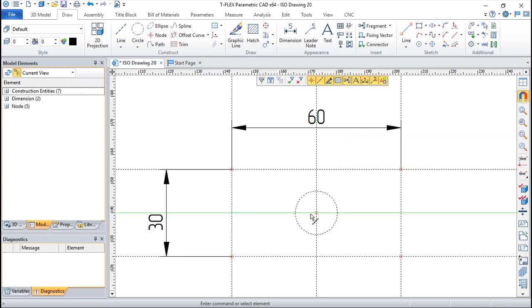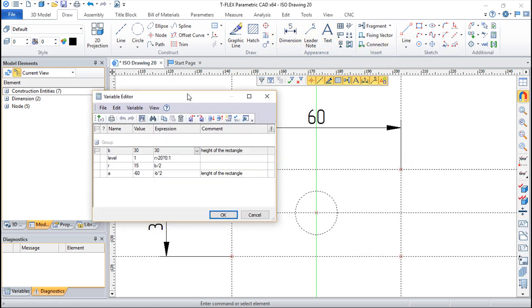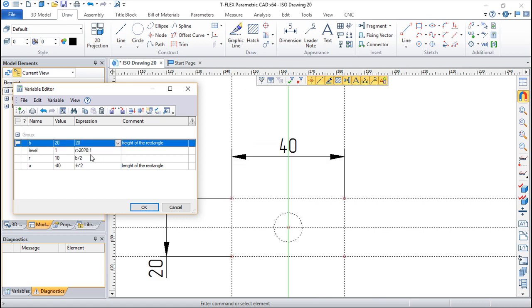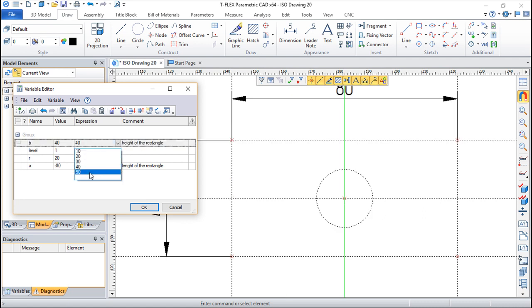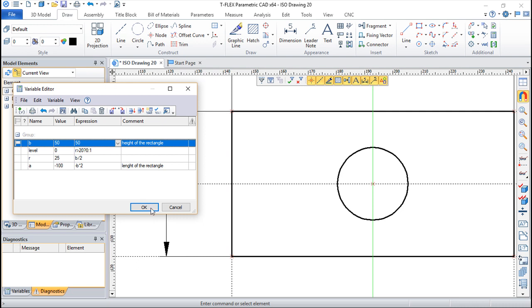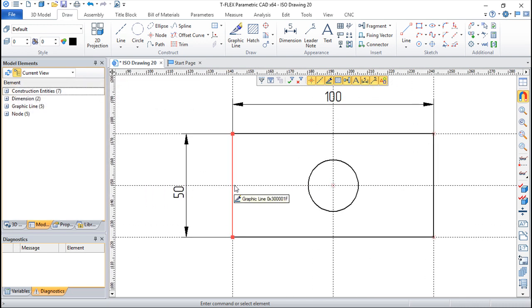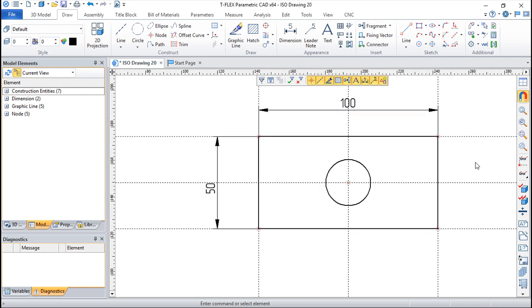Okay, so what happens in this particular case? At this point it is 20. The radius now is 15, so everything is invisible for graphical lines. Let us change, okay, continue invisible. If I go up, now it is visible. Okay, so very nice, the possibility to index this regarding also